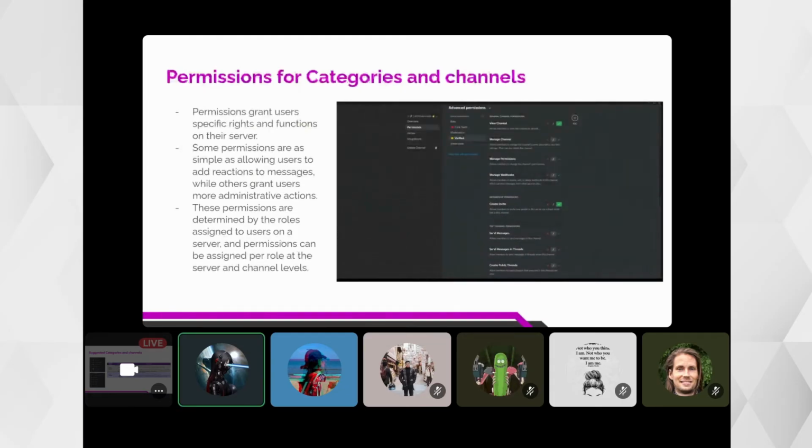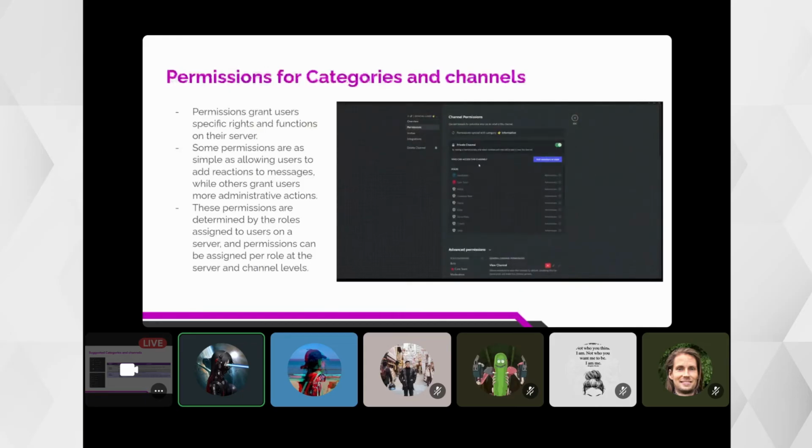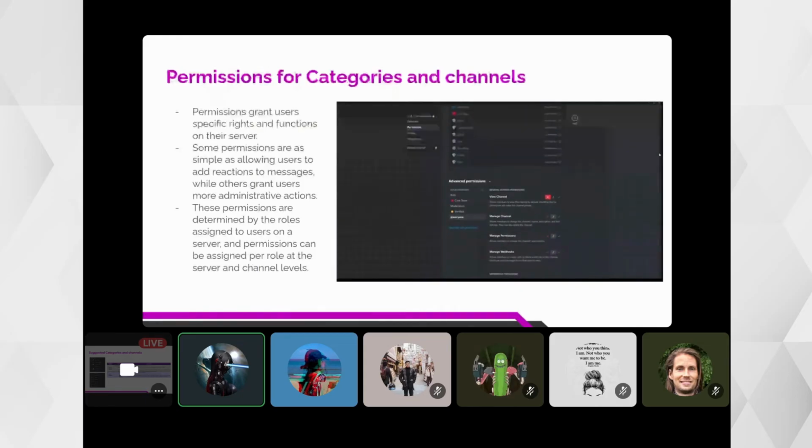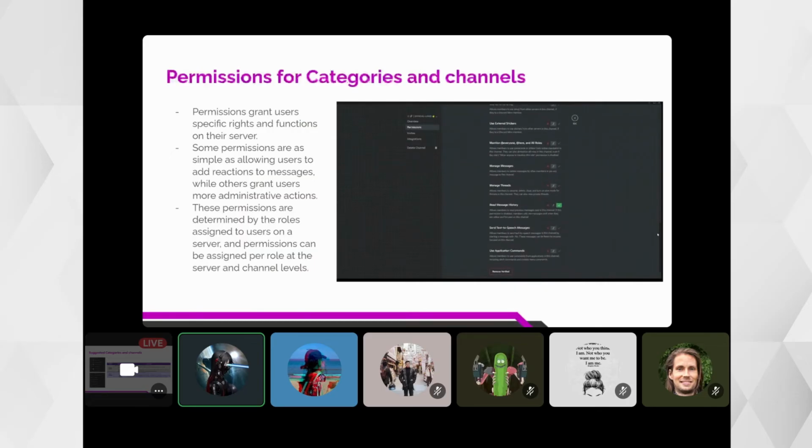Some permissions are as simple as allowing users to add reactions to messages, while others are different. For example, I'm an admin, and I want to have another admin, so I can give this role administrative actions, but others certainly should not be able to do that. These permissions we can determine by the roles assigned to each user.